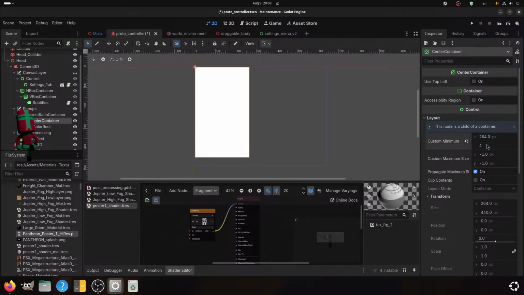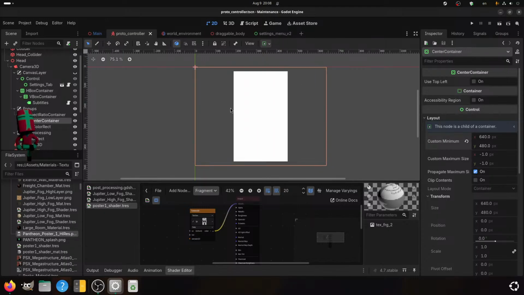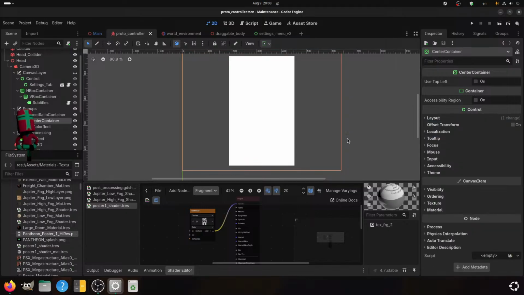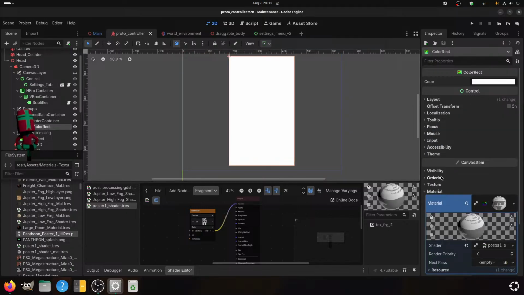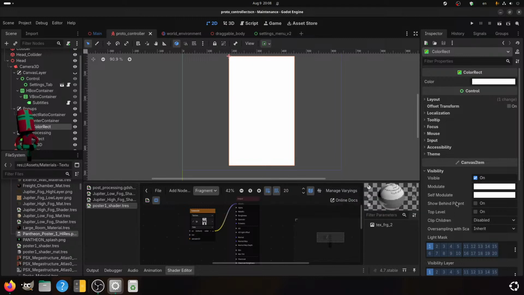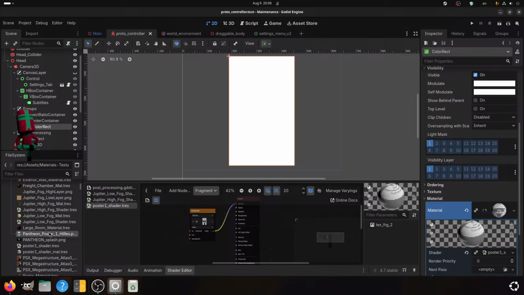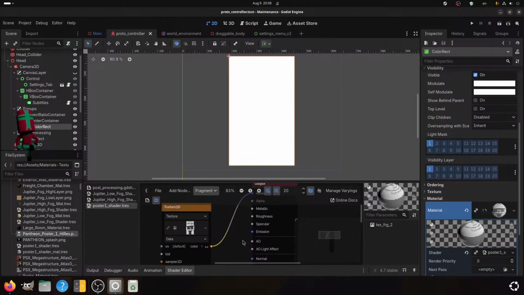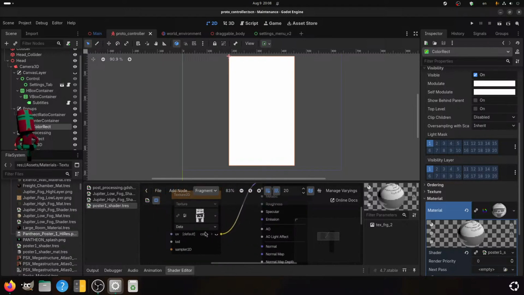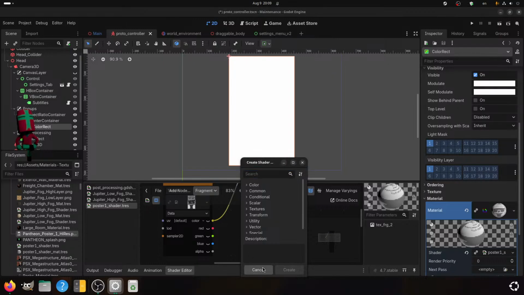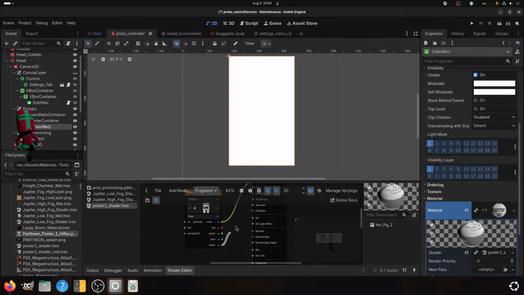I guess 480 by 640. That's better. But you are not. Something with scale. We do also want the alpha into the alpha, wherever it is. There it is.